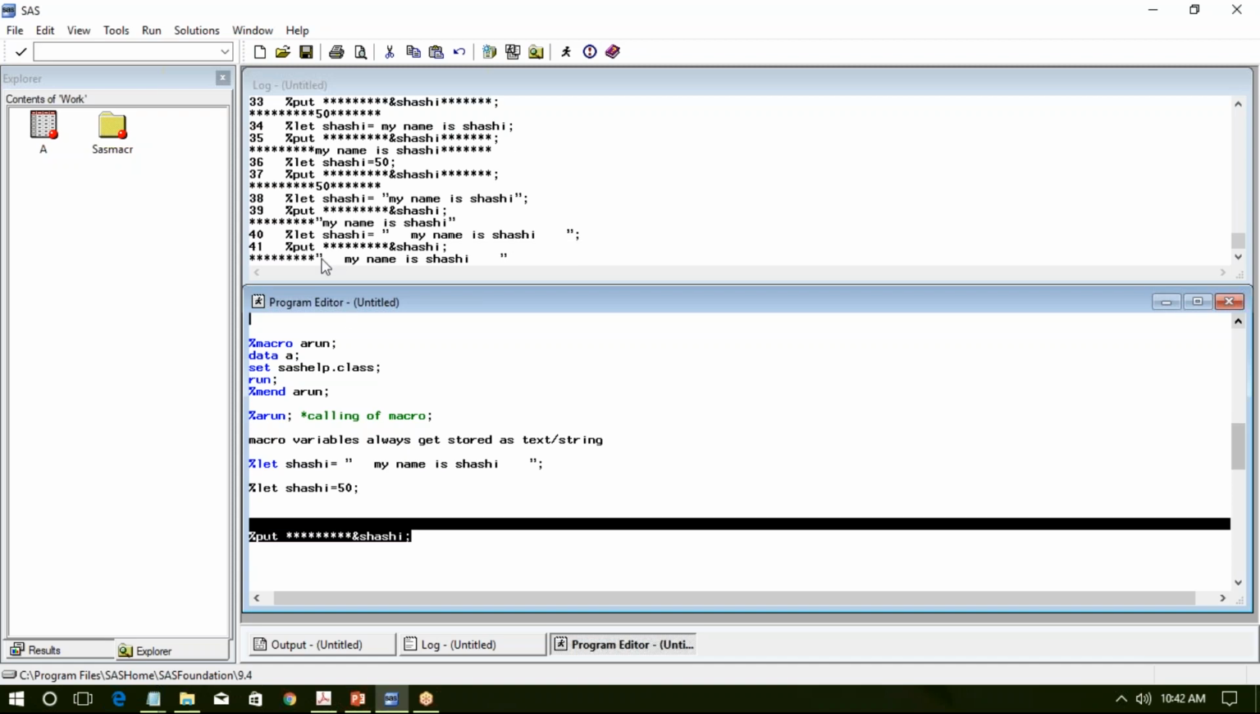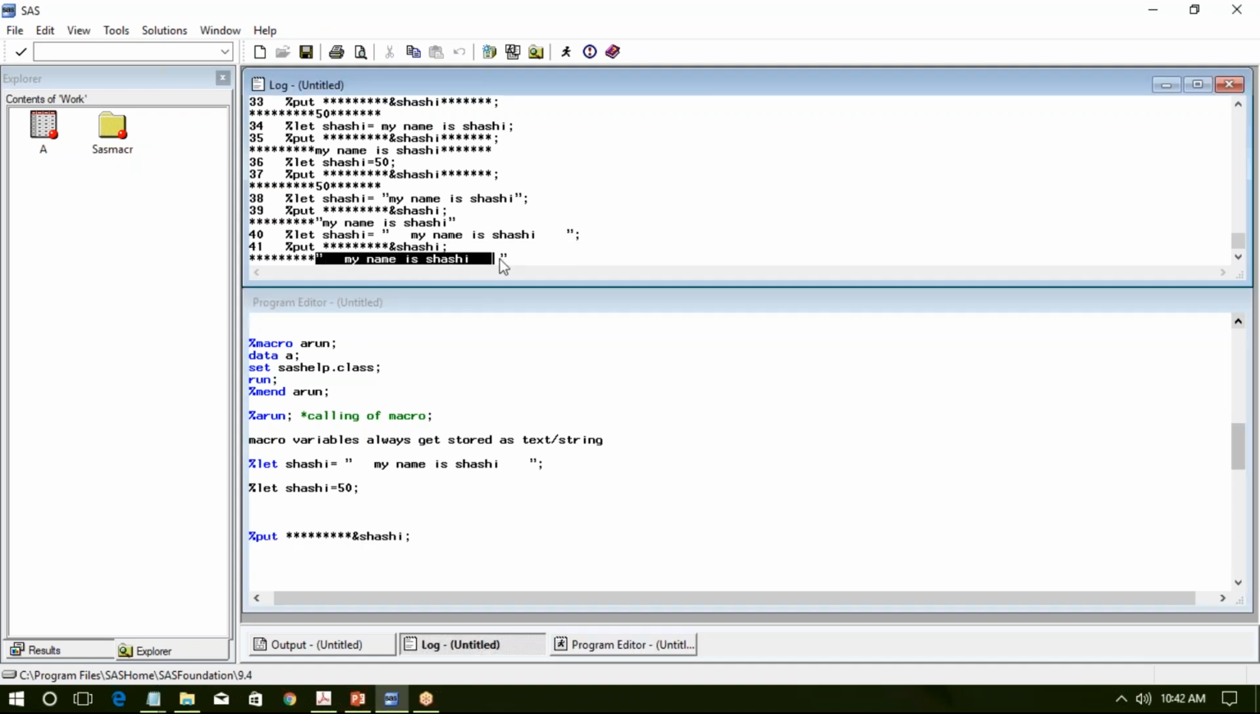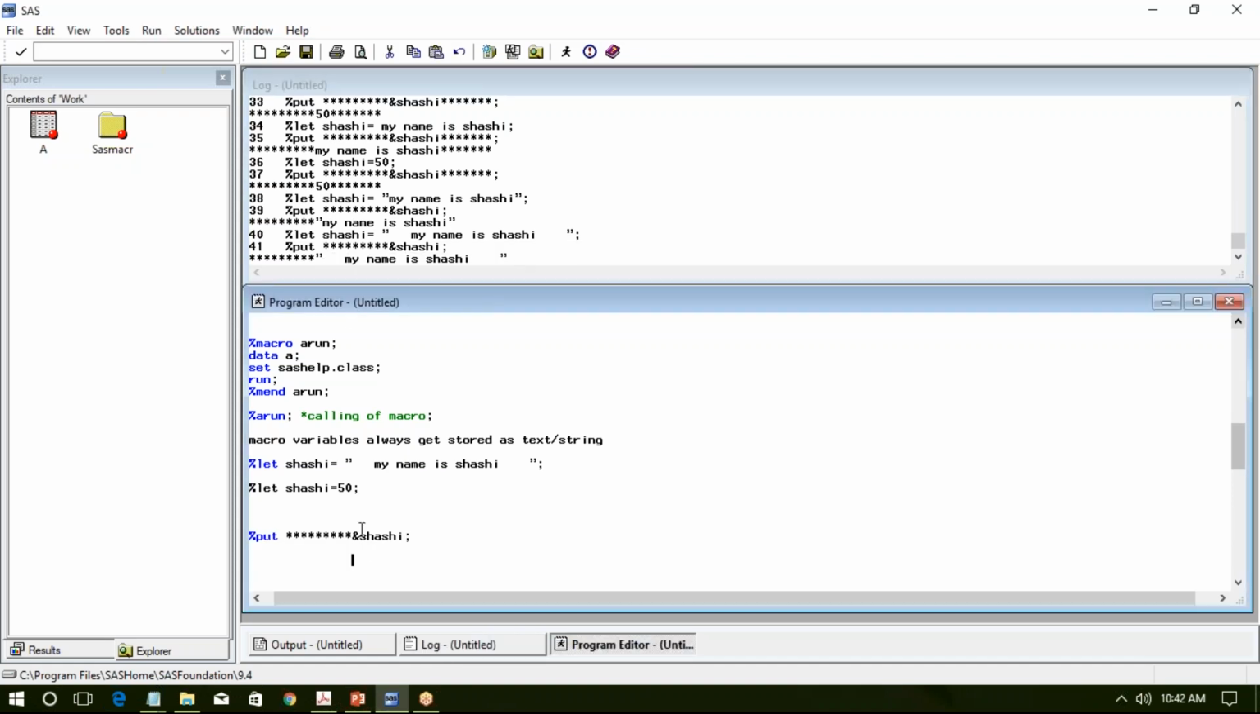Okay, this also becomes the macro variable, leading and trailing blanks. Whatever you mention in your macro variable value, that gets transformed to text. If it is already text, then it's no problem. If it is numerical, then it gets transformed to a string. Okay, if you increase the space size over here,